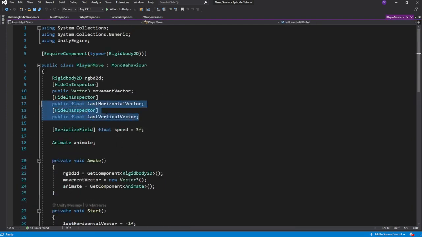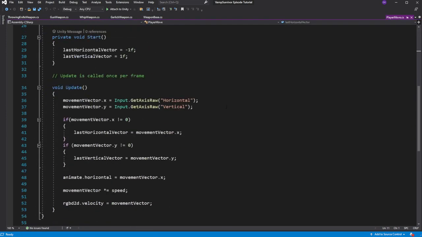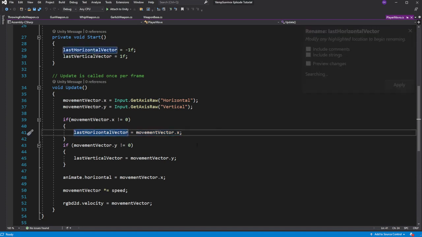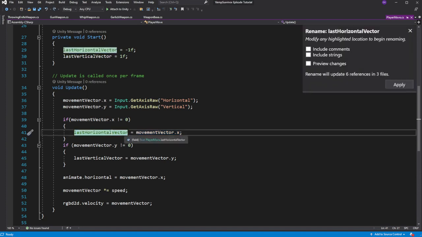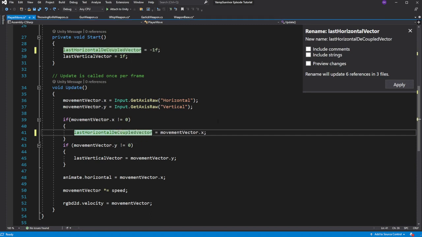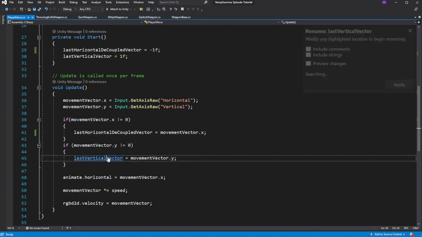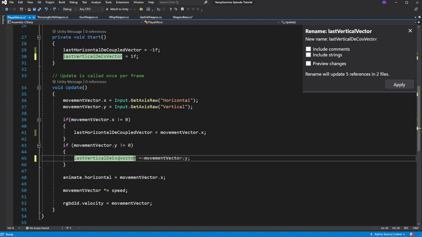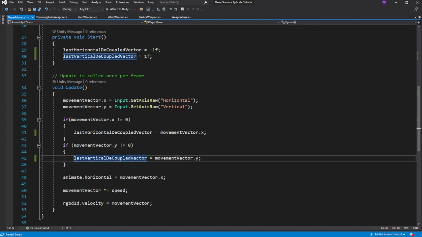So if, for example, you move left to right, your up and down last vector will still be preserved. But in some cases you want to have a coupled vector, a direction vector which preserves an entire direction, not only one axis individually. Let's rename our last vector into decoupled vectors.